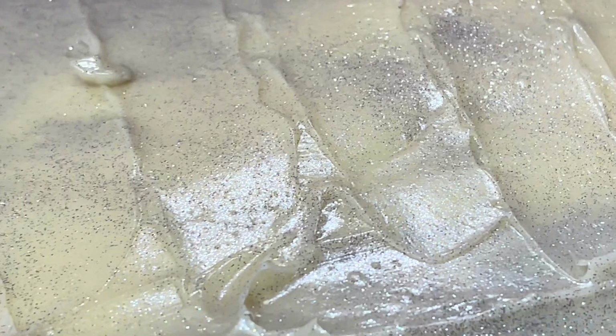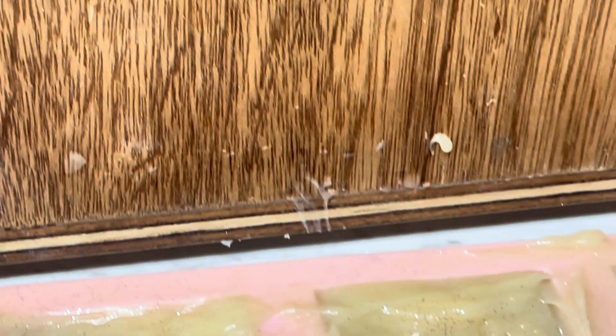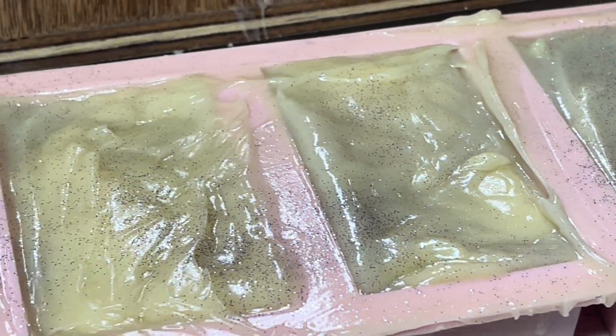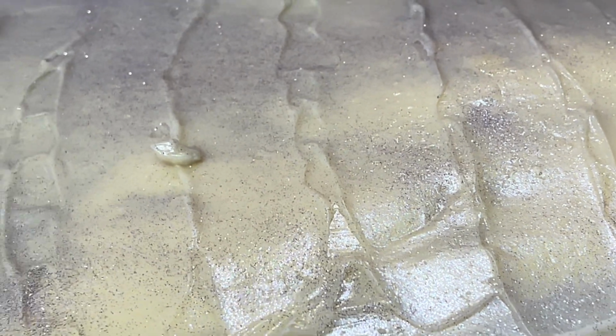I've added the little bit of glitter on top, and that's just through one of those little special things I just showed you. Look how messy this is. Crazy, but I promise you it's going to turn out beautiful. If not, it's going to be samples, because either way there is 60 bars in this big one here,